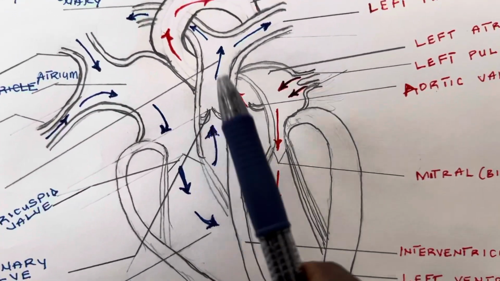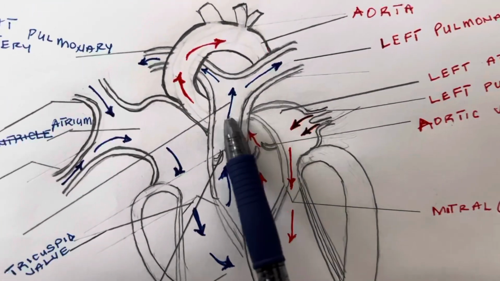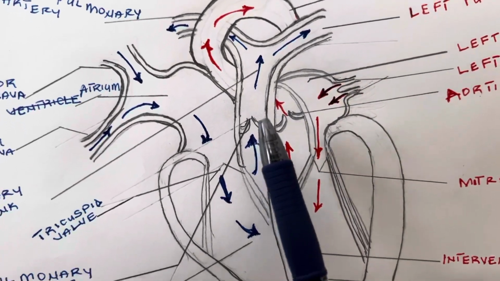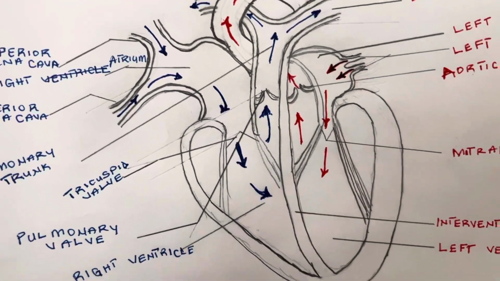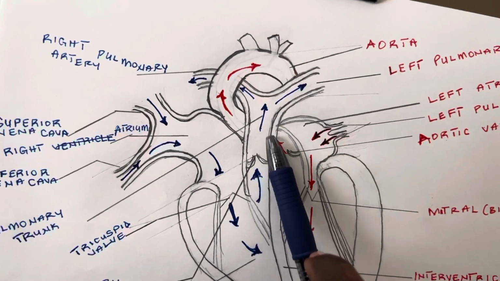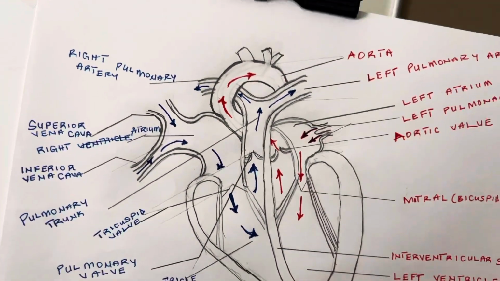There's a valve here also regulating the blood flow into the pulmonary trunk. So this is my pulmonary trunk here, pulmonary valve regulating the blood from the right ventricle. So it goes through the right ventricle to the pulmonary valve into my